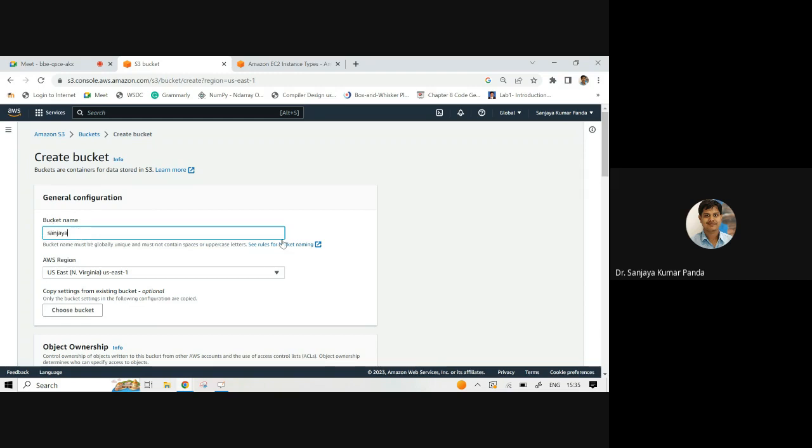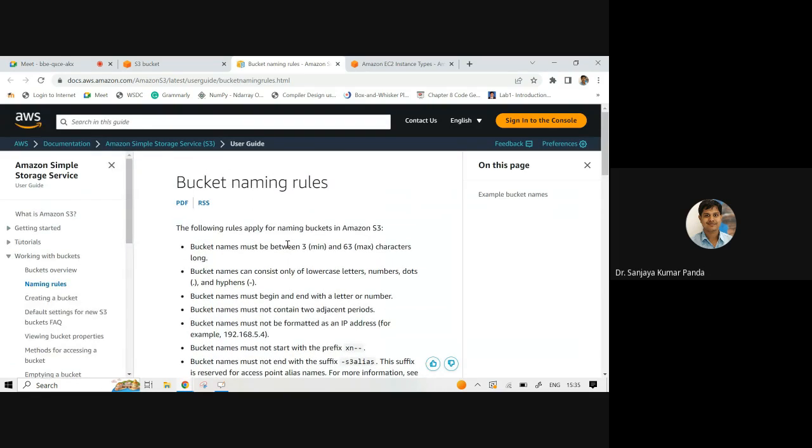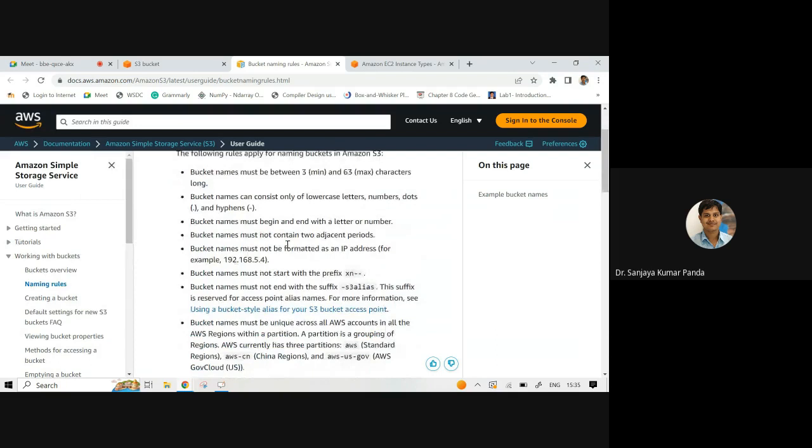If you want to see the rules for bucket naming, you can click here. These are the rules you have to follow in order to create bucket names. First rule: the bucket name must be between 3 and 63 characters long. It can consist only of lowercase letters, numbers, dots, and hyphens.